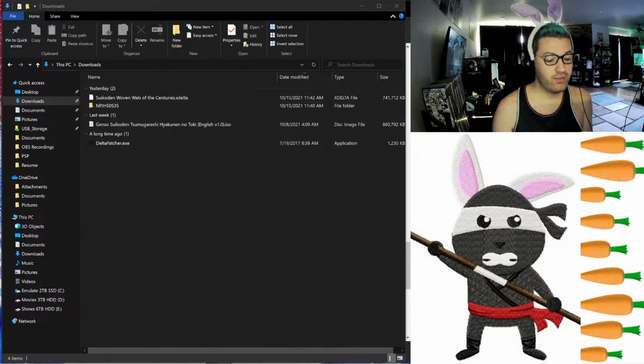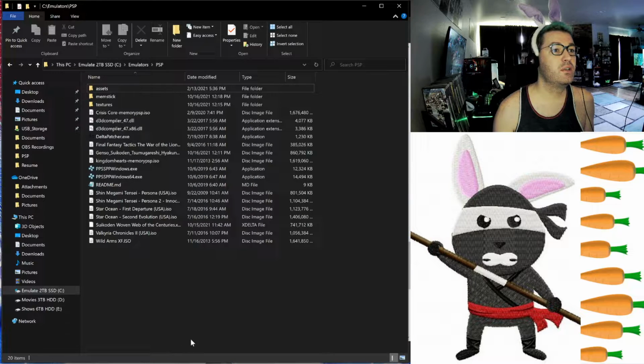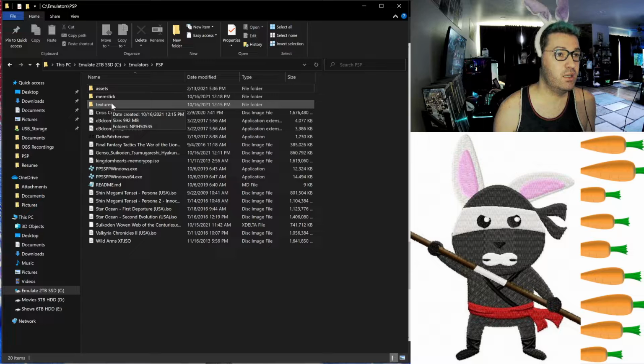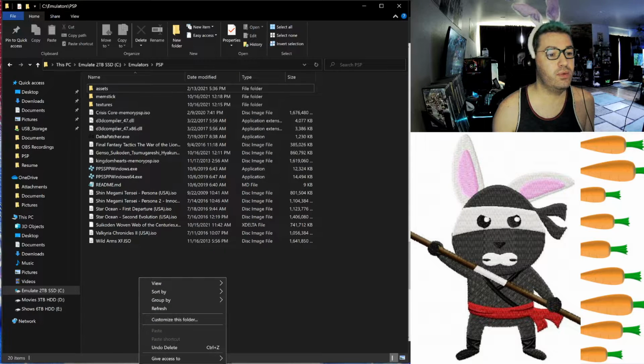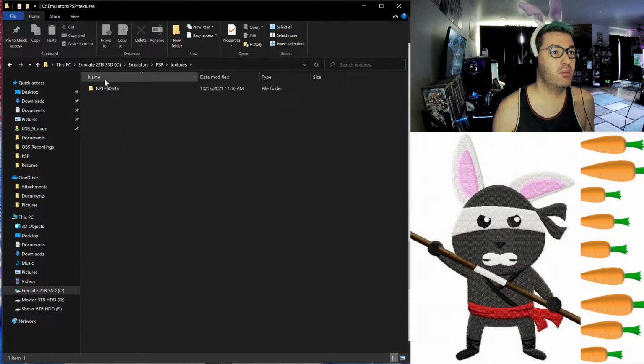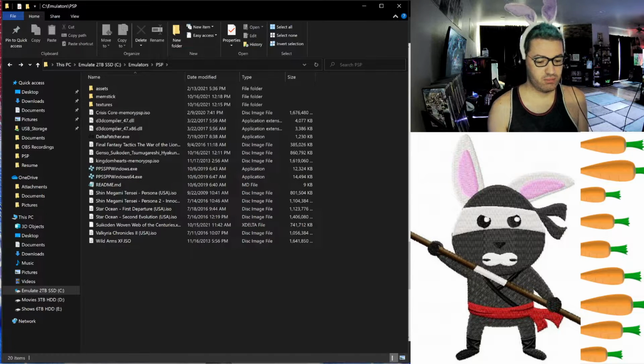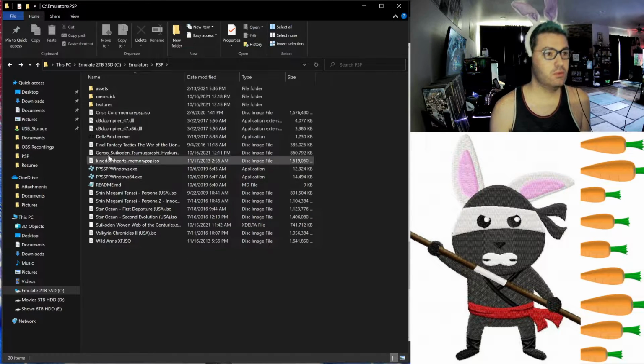You're going to want to go wherever your PPSP file is, which for me is here. Now, if you don't have a textures file in there, all you have to do, create new folder, and then of course just put textures. You're going to paste that file in there, and once you've completed all those steps, you're going to obviously